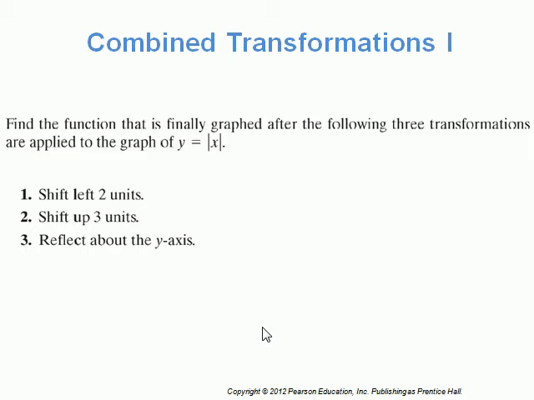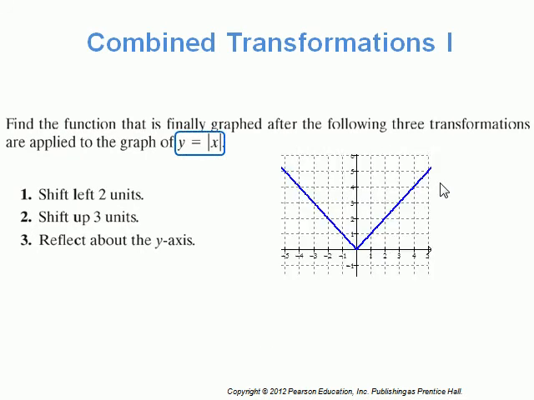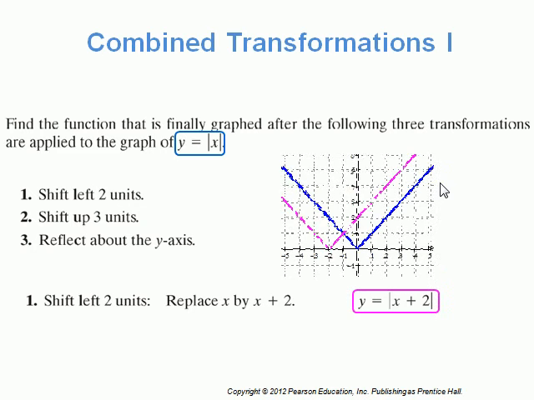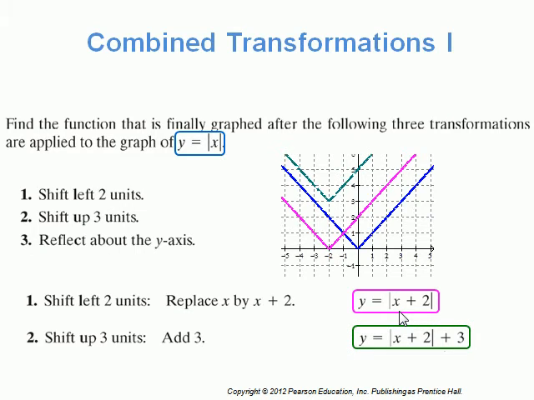So we're going to say, let's take the v-shaped absolute value of x and let's shift it 2 units to the left. And we also have to write down what that means to the graph. So we shift it 2 to the left, and we get this new graph, and we know that when you go to the left or the right, that's going to be inside the parentheses. I know there's no parentheses here, but see, that's why the x plus 2 is on the inside. Now we want to go up by 3. That means we're going to add on the outside of the parentheses. So it would be a plus 3 on the outside,